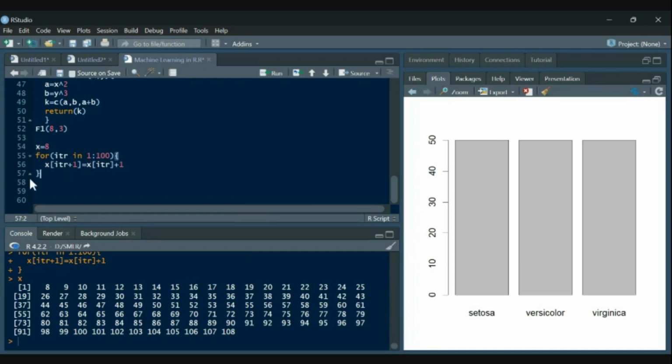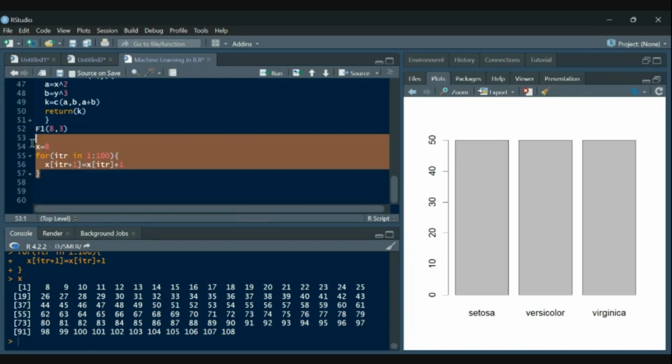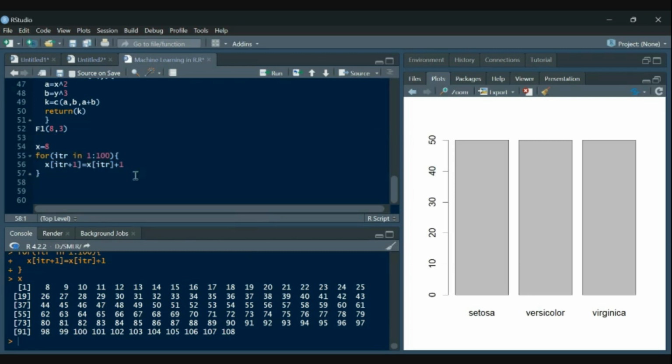Suppose I want to create a vector in a manner that it should keep on adding the square root of the previous value. So what can be done? X[ITR plus 1] will remain the same. Now in place of 1, it should give me X[ITR] raised to power 1 by 2, or square root, we can say.